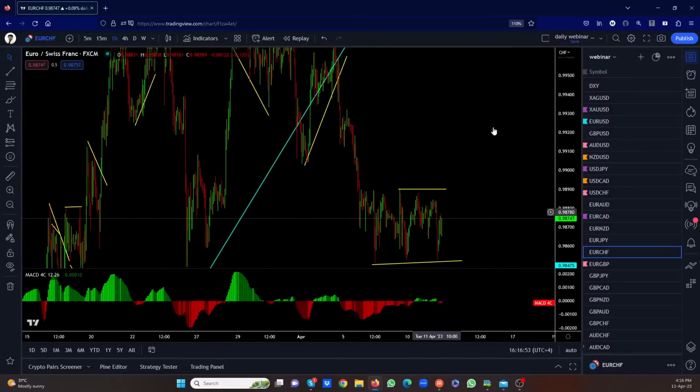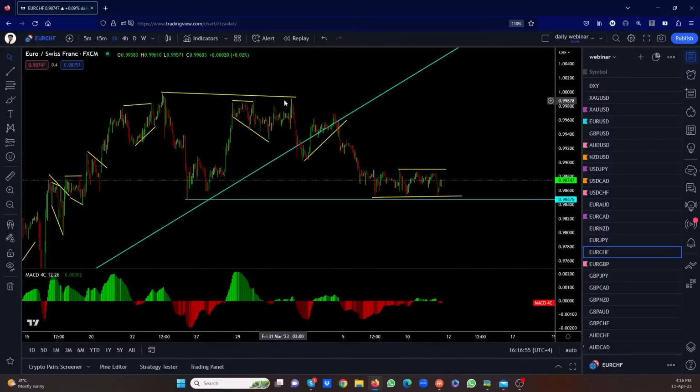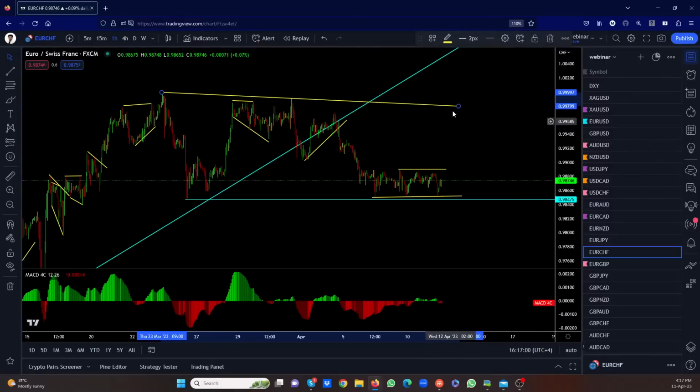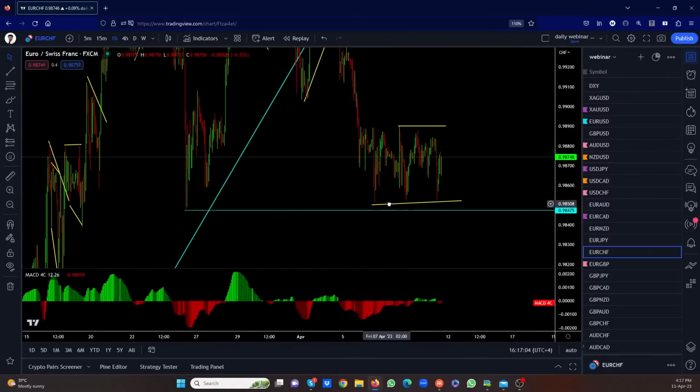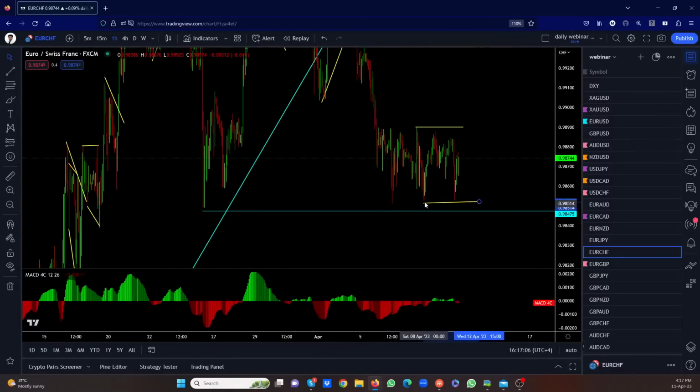Could it be this is the low and we are totally trying to come back to the top here? Could it be this is trying to go back to the top there, and this is just a flat? That is the low there, and this is a flat of its own to go back up. Let's say this here is the flat to go back. No, doesn't make sense. I don't like that, so we'll stay away from that, right? Let's wait.